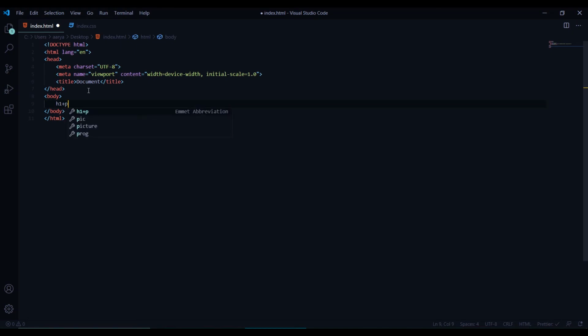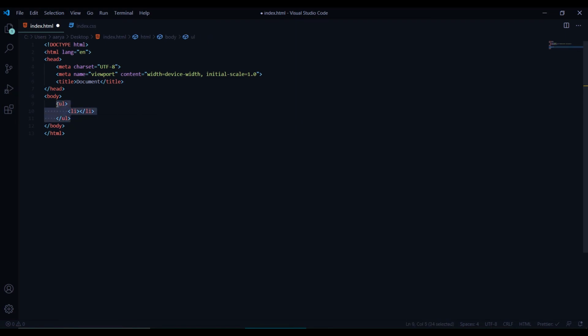Let me give you another example, like h1 and p. So h1 plus p will give me 2 tags, h1 and the paragraph tag, which are siblings to each other, like this. You can also go on with nesting. Nesting can be very useful when you are writing certain things such as unordered list or ordered list, where you need to have an li tag inside an ul tag. So it works like this: you just type ul, then a greater than sign, and then li. So what it will give you is a li tag inside a ul tag, like this. So this is how it works.